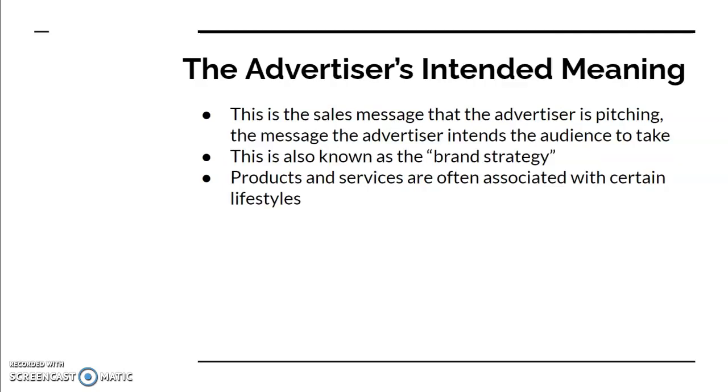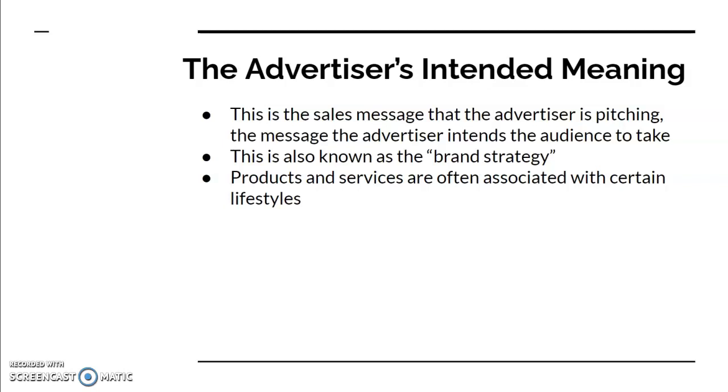So the second part is where that interpretation does begin. It's the advertiser's intended meaning. Now, this is the sales message. This is the brand strategy. This is the message that the advertiser wants you to take. So again, this is where products and services are often associated with certain lifestyles. Like if you get fancy, fast sports car tires, that's associated with a different lifestyle than getting big, rugged dirt road truck tires, right? We make different cultural or social or preferential associations with those two different products,